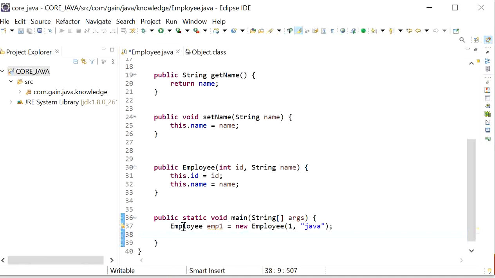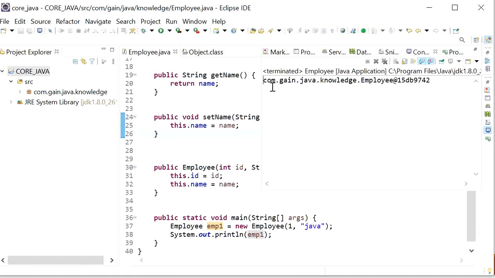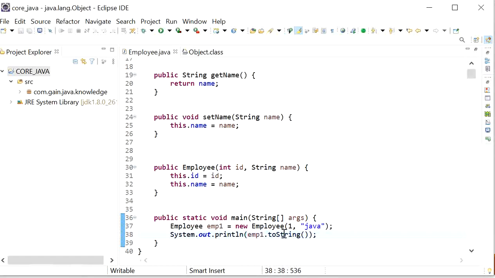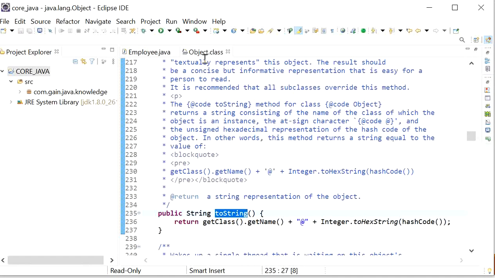So here if I print just the reference of this employee object, then it will automatically call the toString method. Now I will run this application, and here we can see the output, that is the object reference output, because when we have printed this statement, this reference will automatically call the toString method, and here we can see the toString implementation provided by Object class.